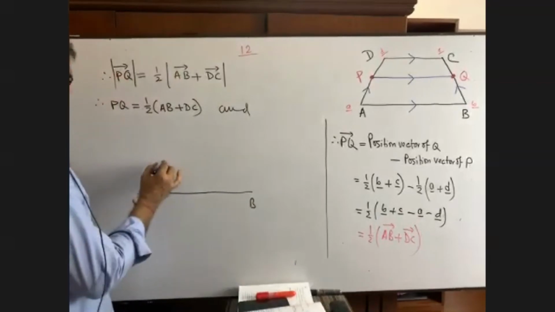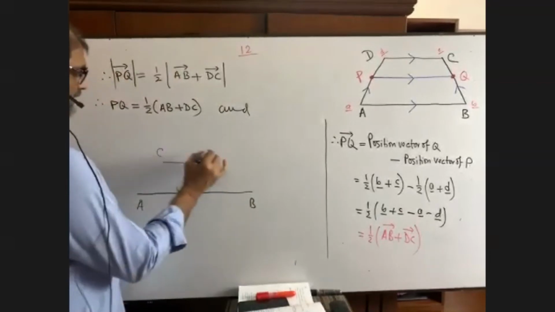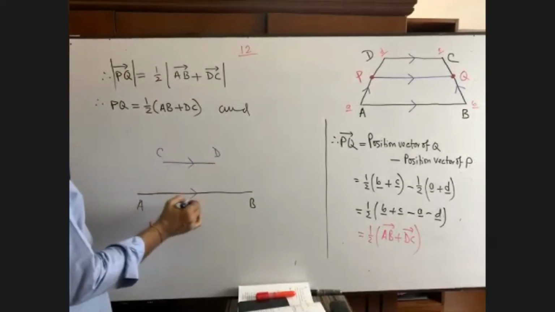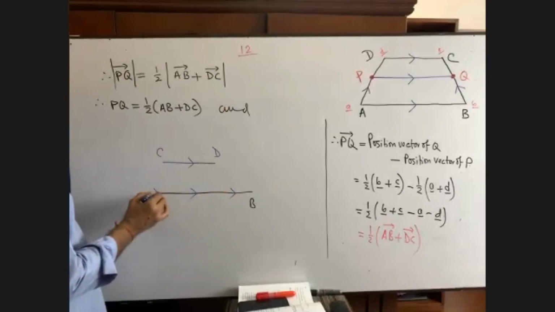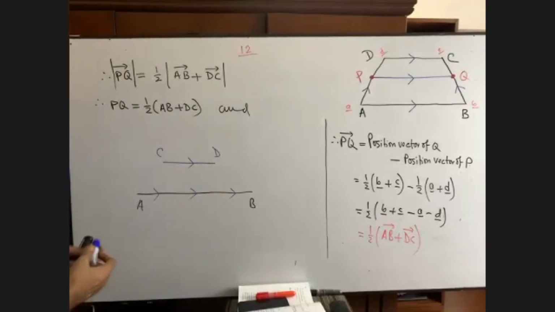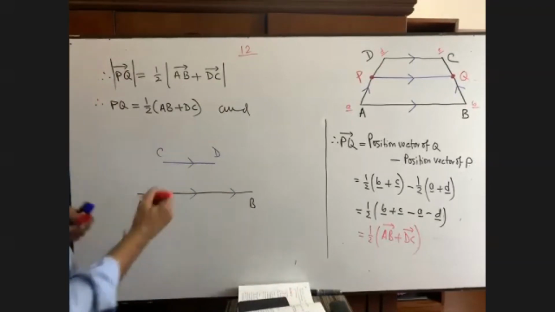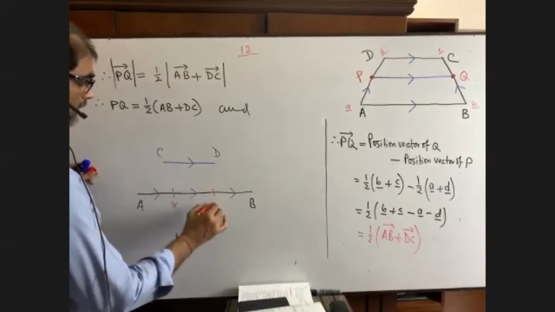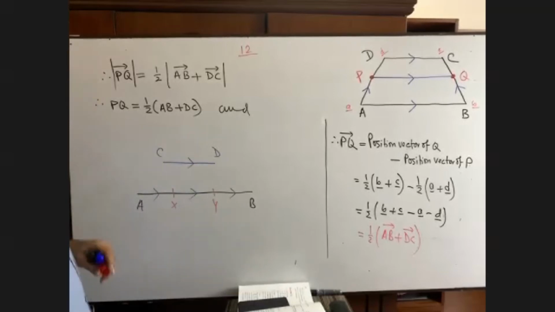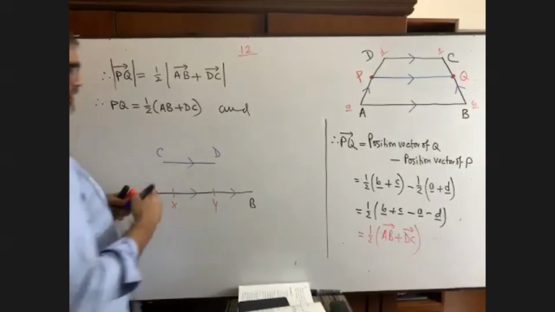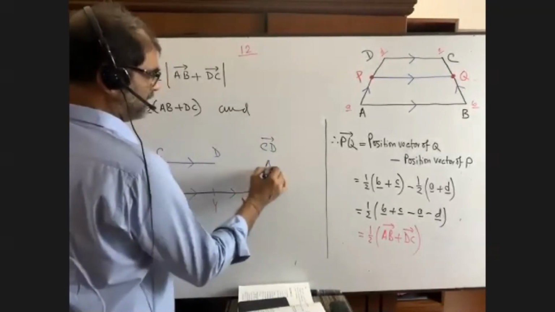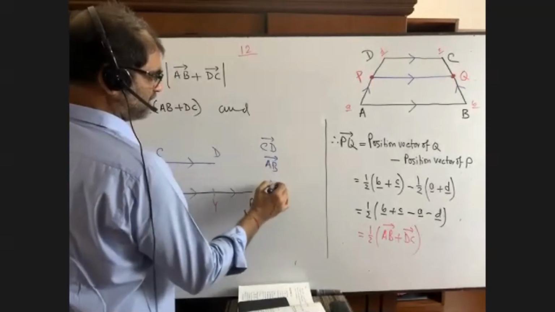We are writing CD is another straight line. It is a vector. There is another straight line on AB. It is X, on AB, this is Y. So actually we are getting three basic straight lines. What are those? You please try to understand. One of the vectors is CD, vectors AB, and vectors XY.